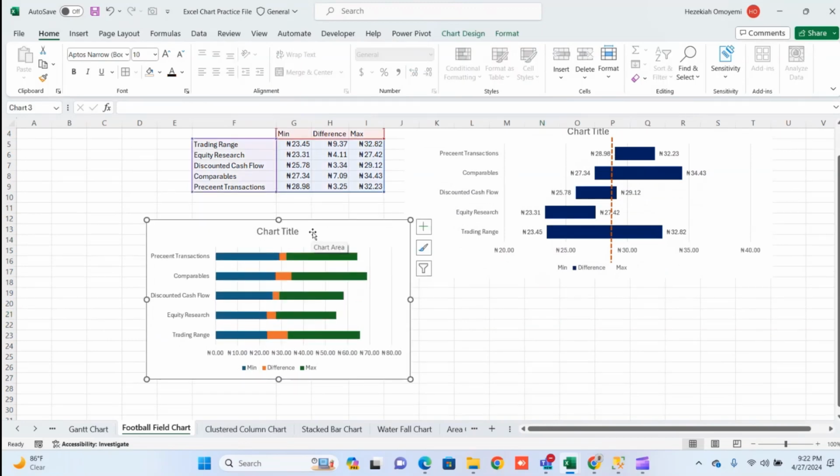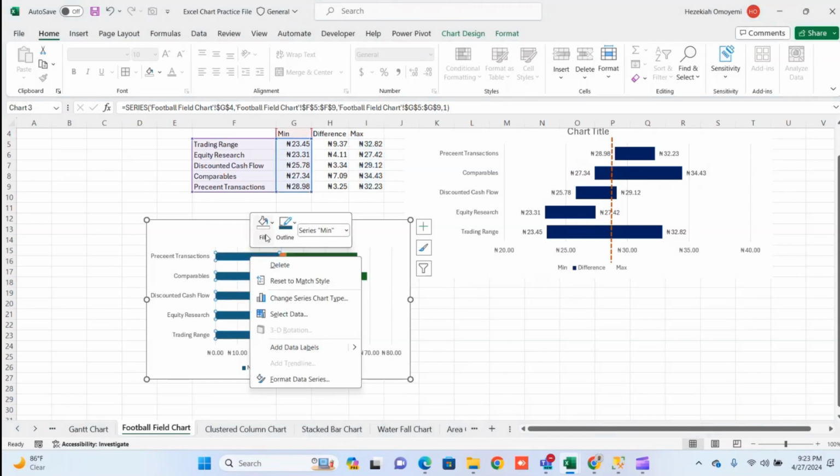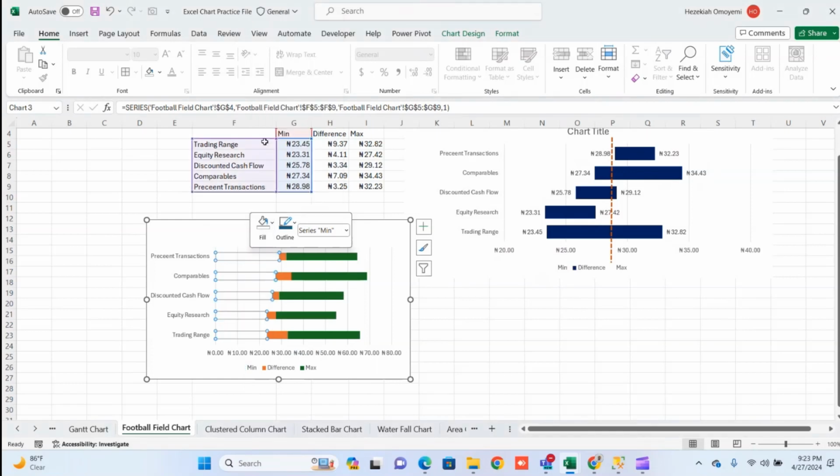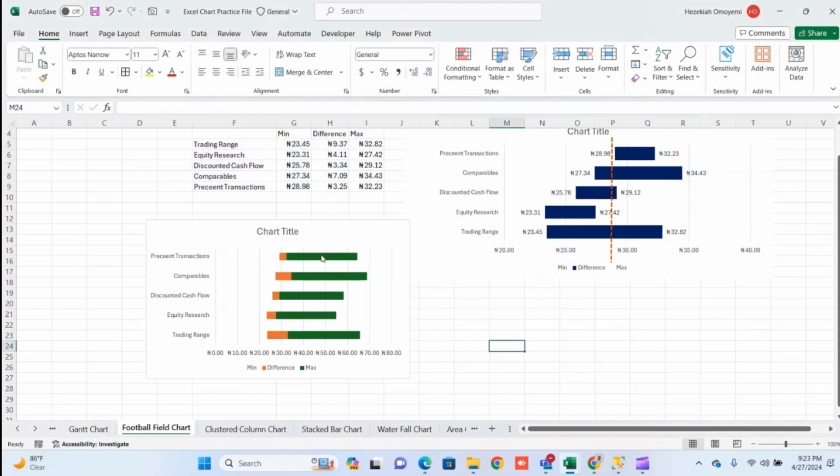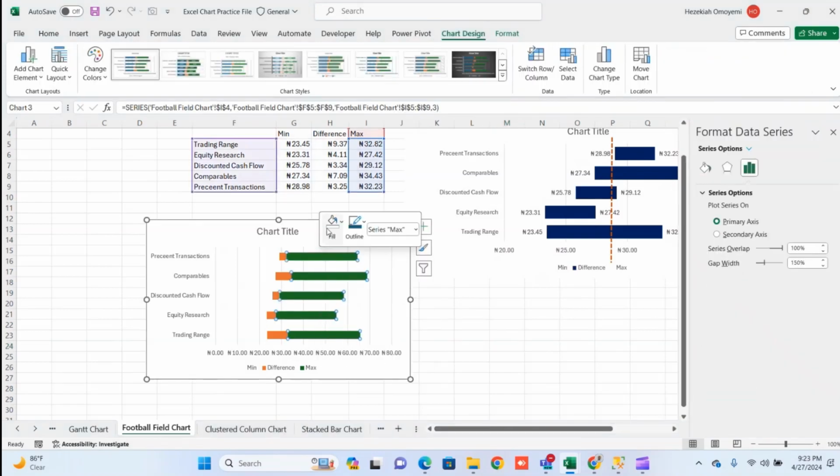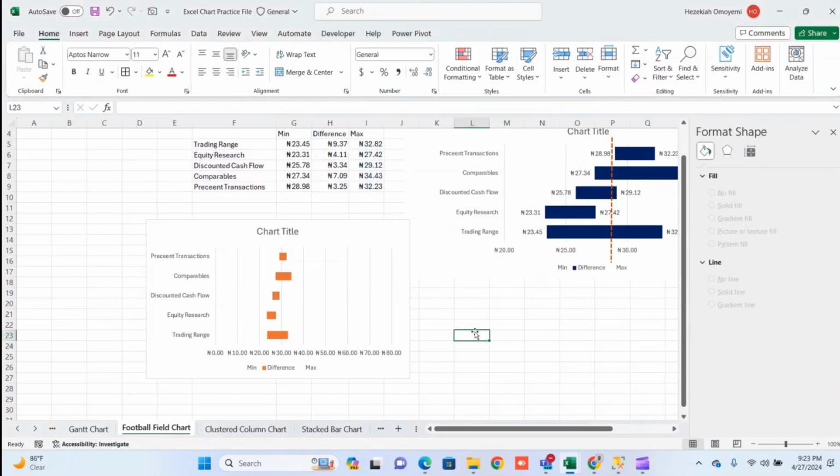So what we are going to do is to make sure that this green, which is our minimum, and this our maximum, we are going to hide them. To do that, right click this, come to fill and say no fill, right? Then we are doing the same thing here. Right click here, come to no fill, right? So having done this,